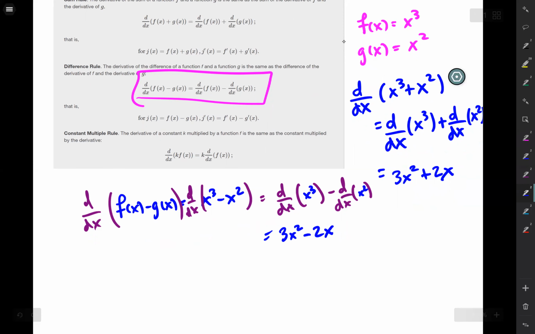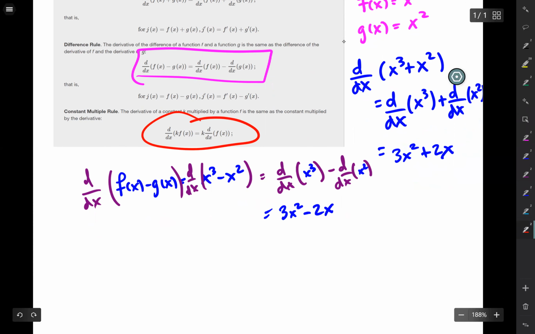And then the final rule is the constant multiple rule. And that just says if you have a constant times your function, and you want to take the derivative of that, you can just pull the constant out front and then take the derivative. So for example, let's say I had 3 times f of x, which in this case would be 3 times x cubed. If I want to take the derivative